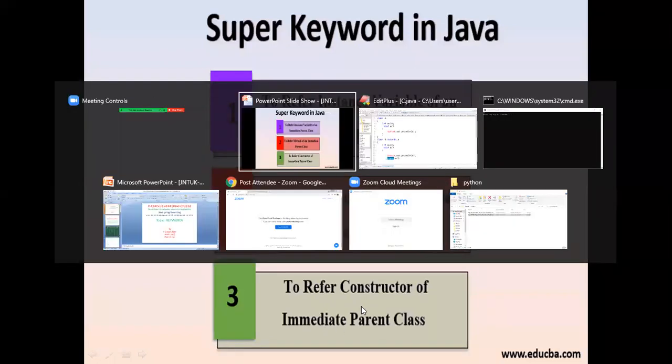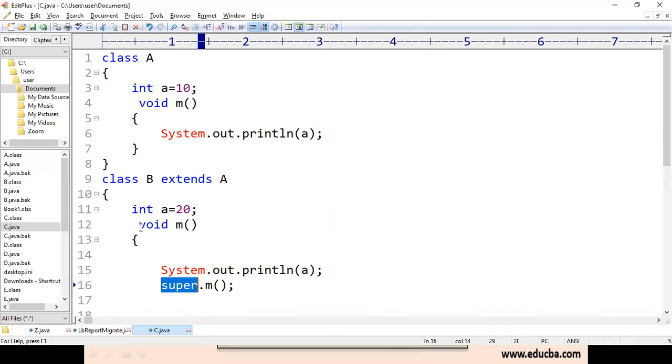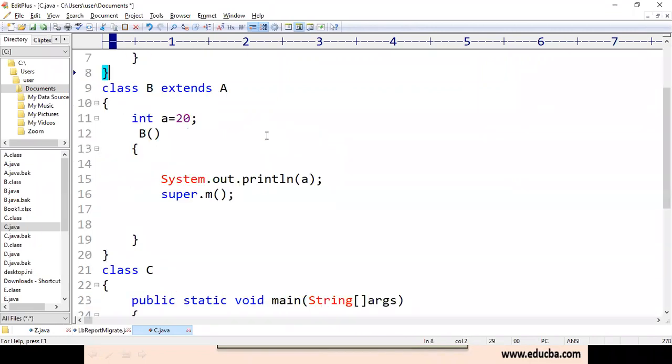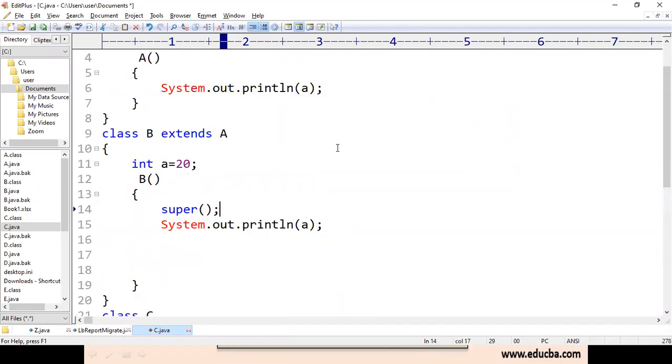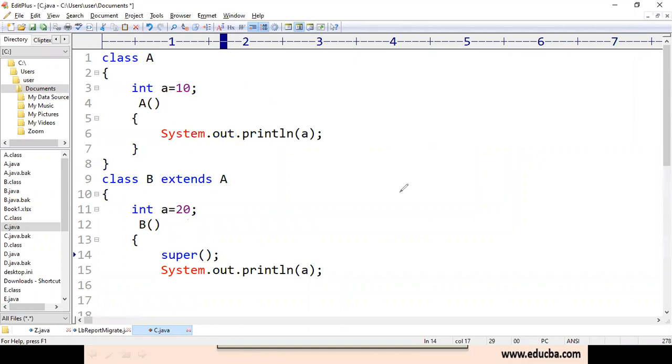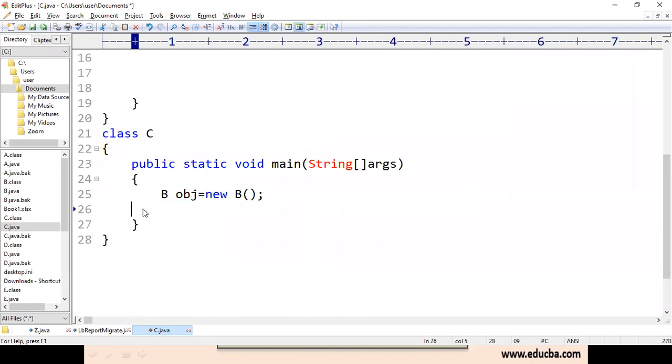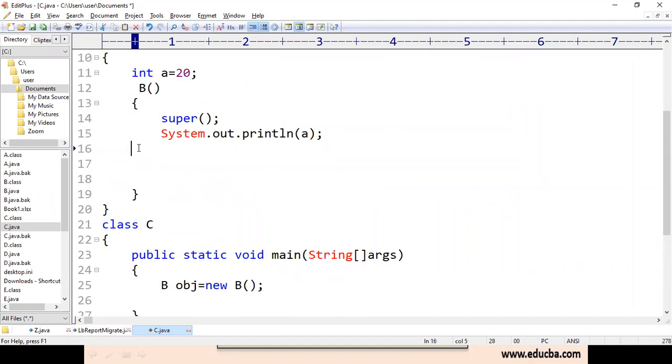See here, it is already covered. Let us make it a constructor. If you don't write any return type and the class name and method name both are the same, then it is called a constructor, right? See here. Let us use the super keyword here, right? If I use the super keyword here, and at the same time, during the execution of constructors, there is no need to call the constructor again. It will be executed automatically.